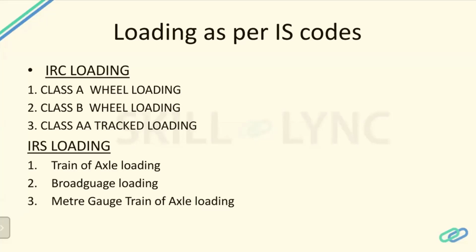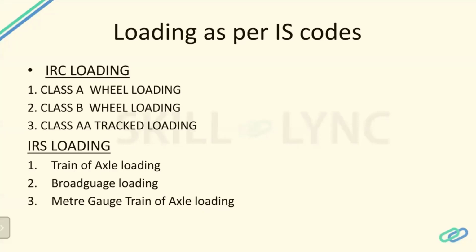Then they again revised the loading. They included an impact load. The impact load should be equal to 20% of the live load, and it has to be designed for accidental loading conditions. Also, they included another load step. Like that, the design of bridges has evolved from ages ago, and now we have these IRC codes.